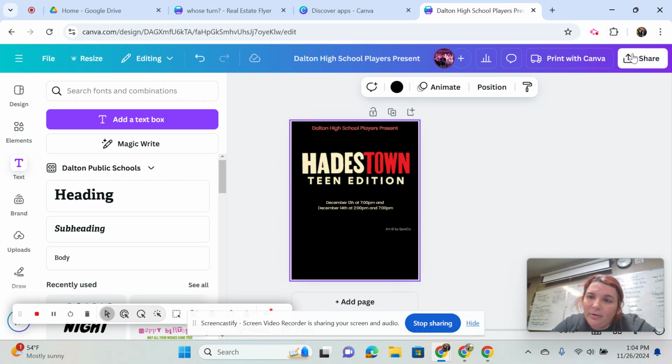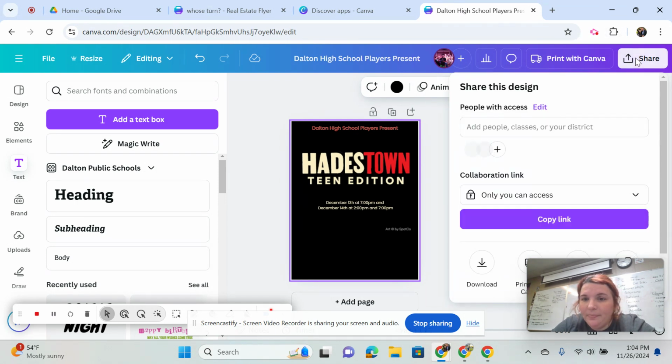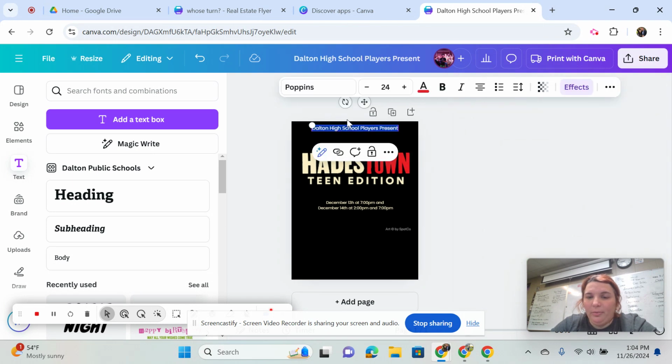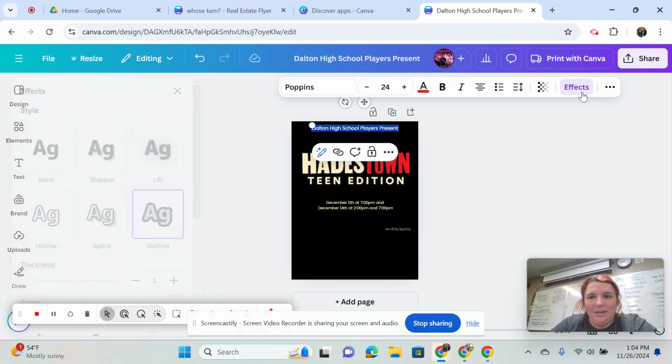When you go to download, hit share, hit the download button. You can get your stuff printed from Canva, they'll do it for you. I've never done it, so I couldn't tell you if it's good quality or if it's worth the cost. We usually use a local business. But you just download it, and for our local printer, I like to use